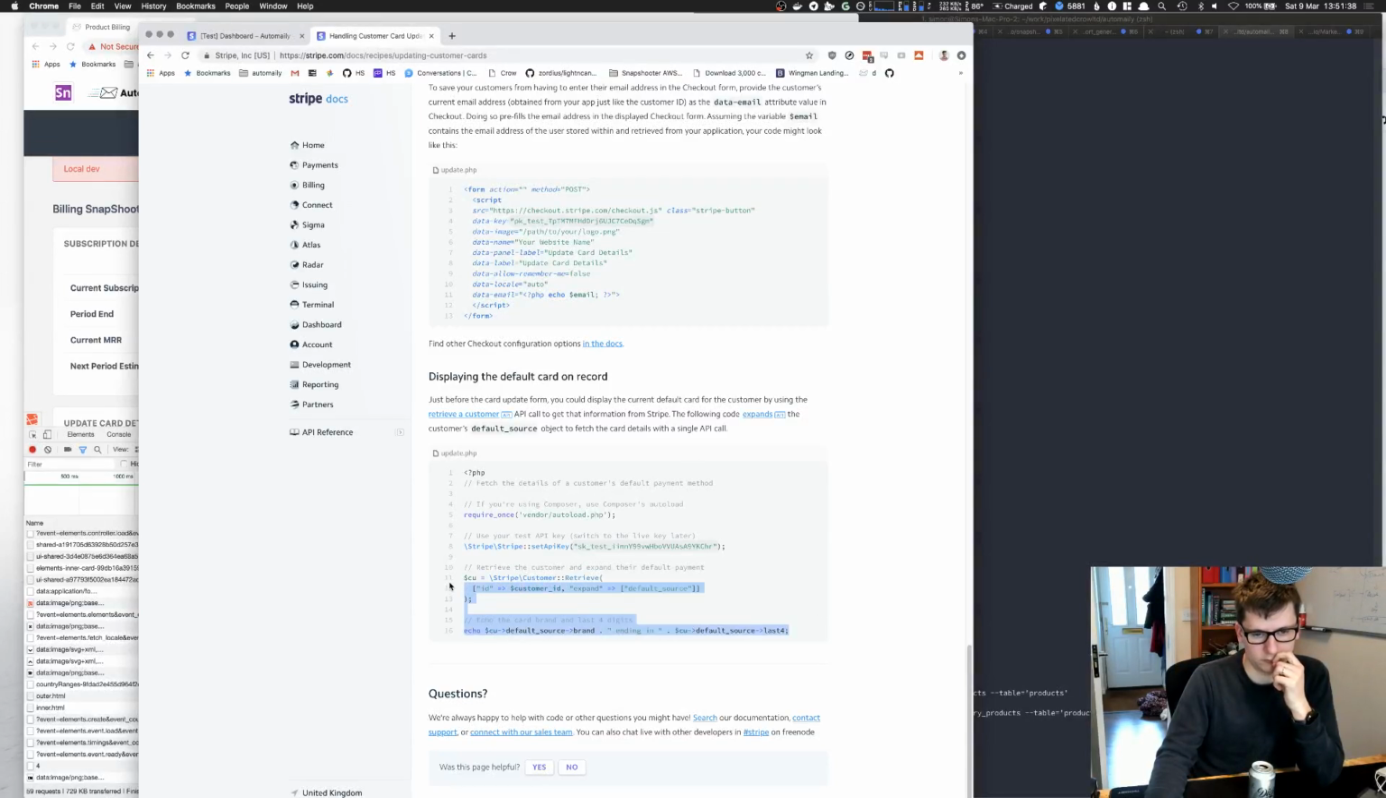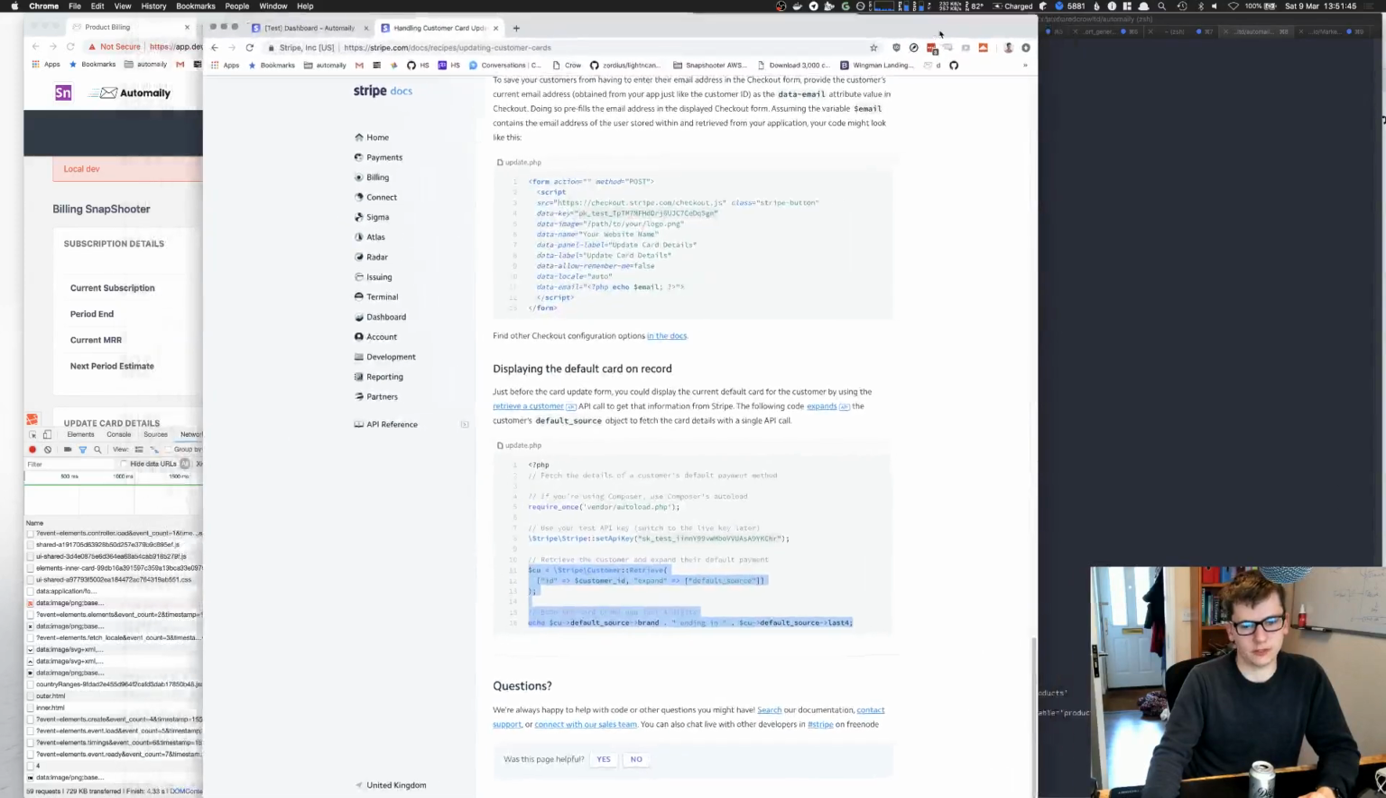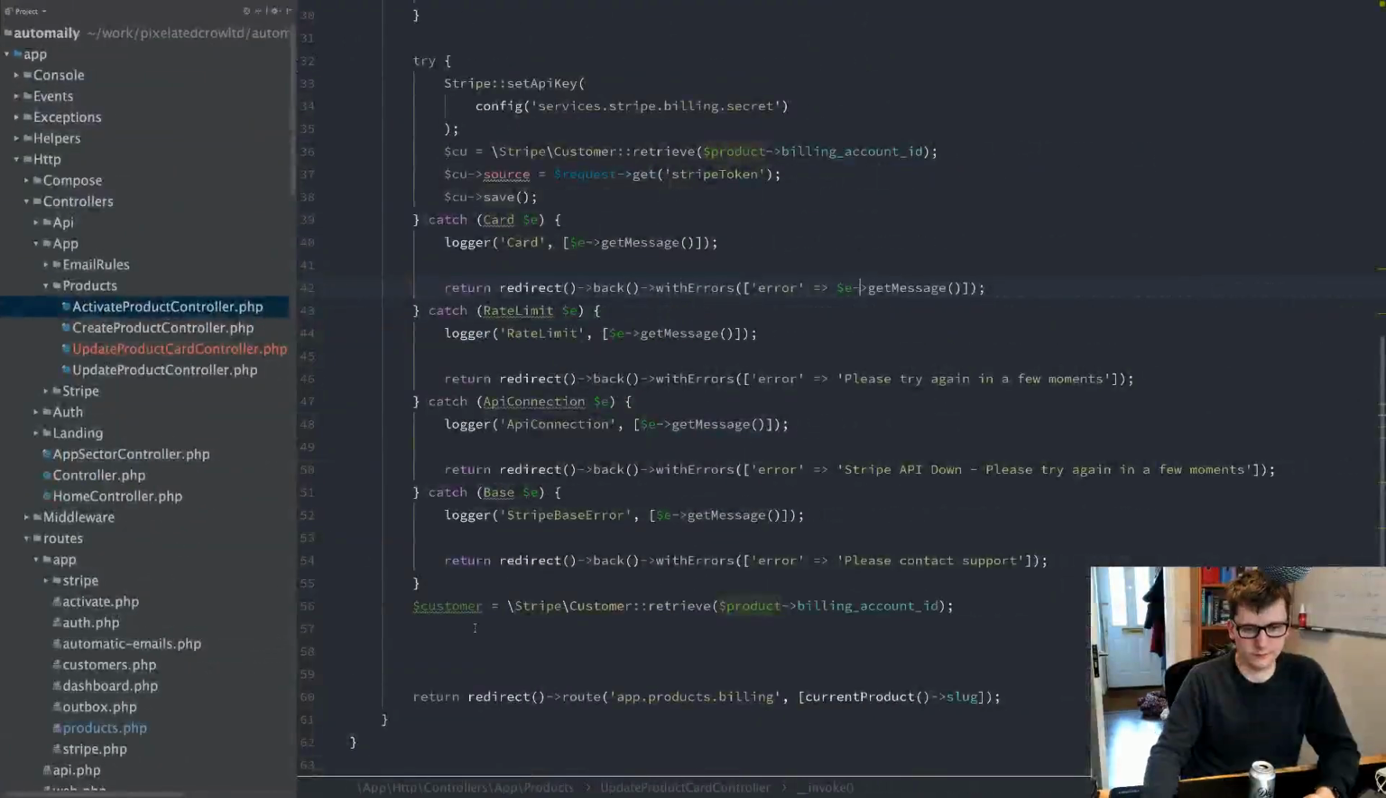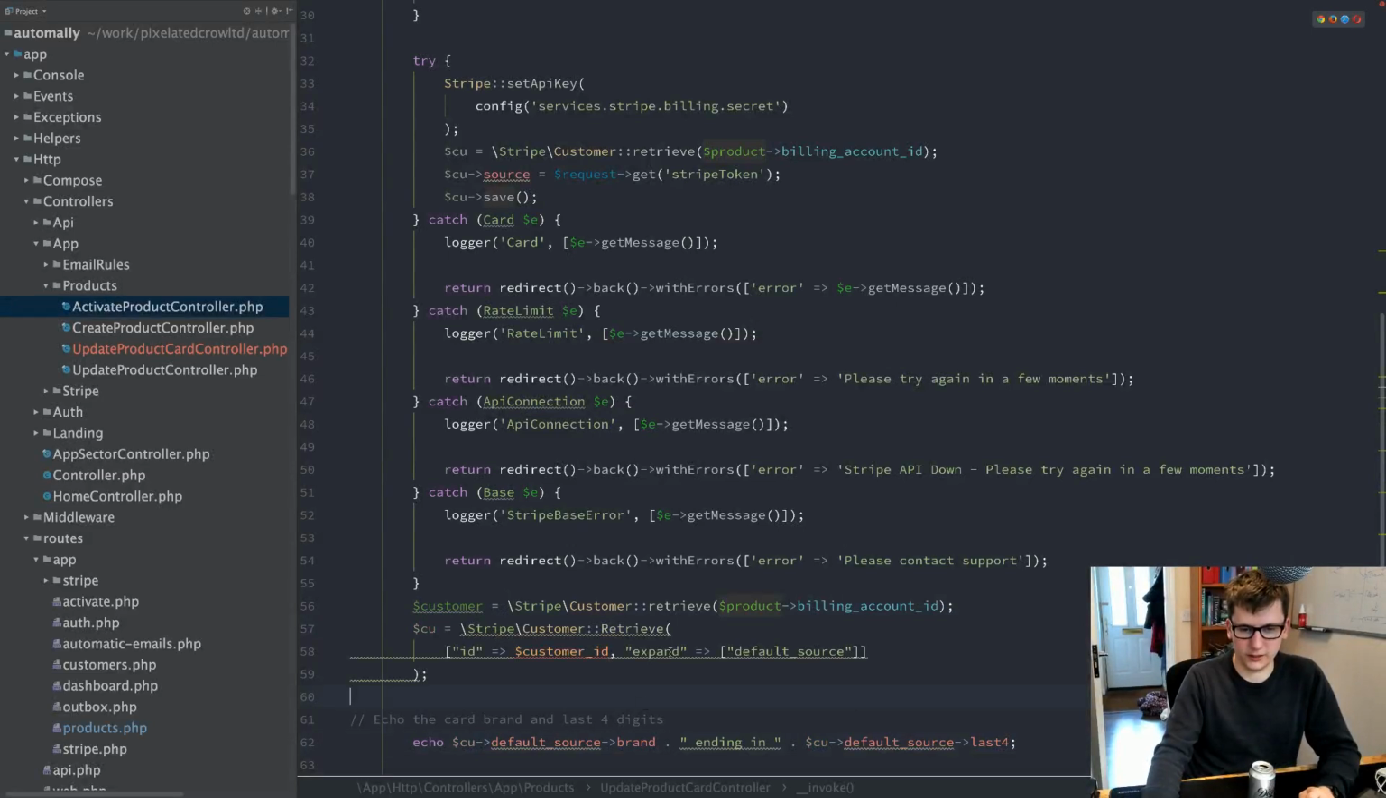That'll do. Just steal this code here and expand their default payment. That's exactly what I want to do. So we'll just come back in here and say that. We're going to retrieve with the customer ID is that, and we want to expand the